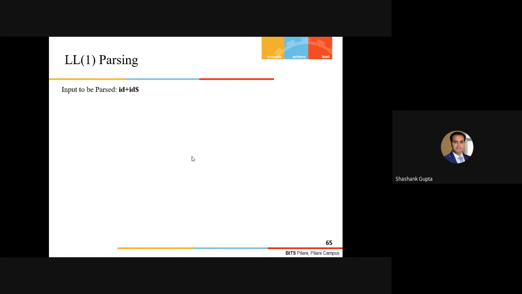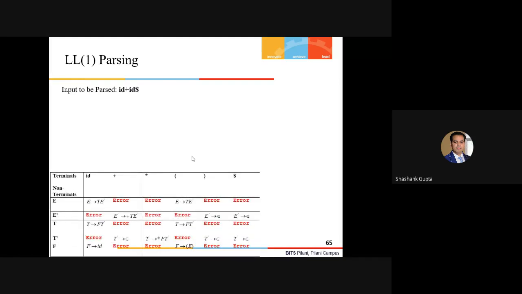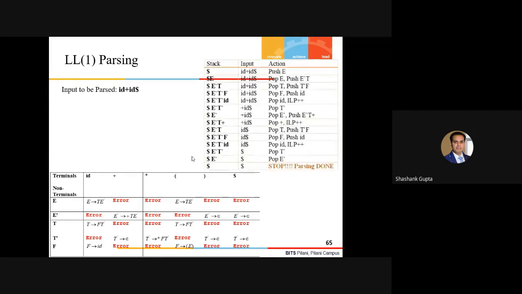Fine. So now let's look at one more way of parsing here. This time I have formalized the things in some tabular format. So this is the configuration of our parsing table right now, and we are going to use this parsing table for our complete parsing here. As we know, the initial configuration of my stack is $, and the initial configuration of my input stream is ID plus ID $, which I'm supposed to parse.